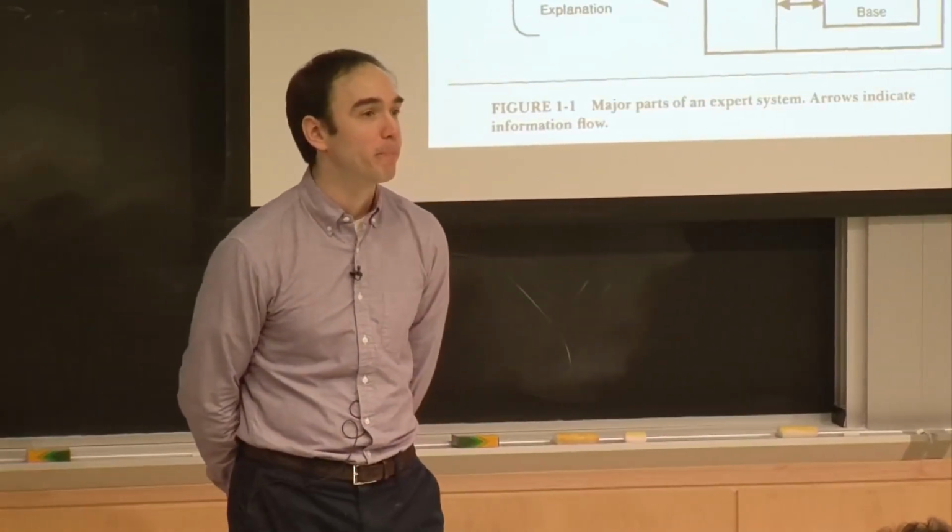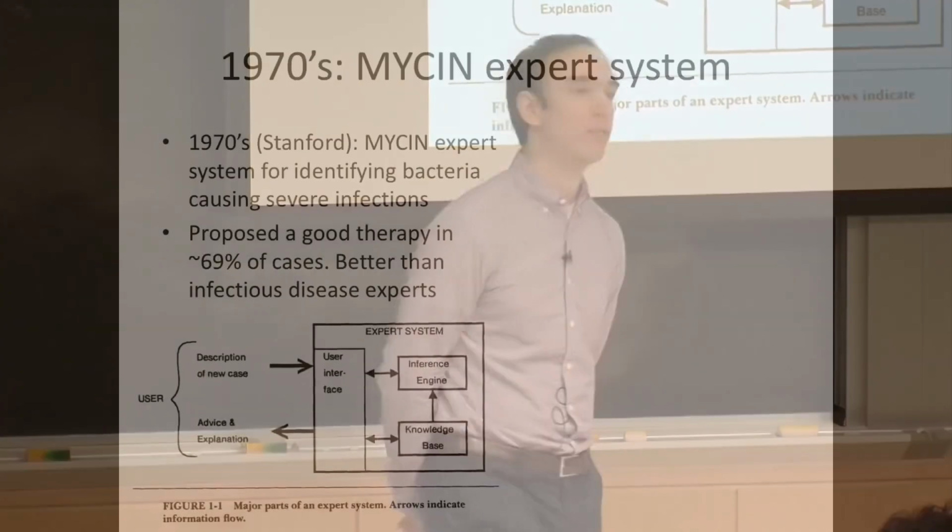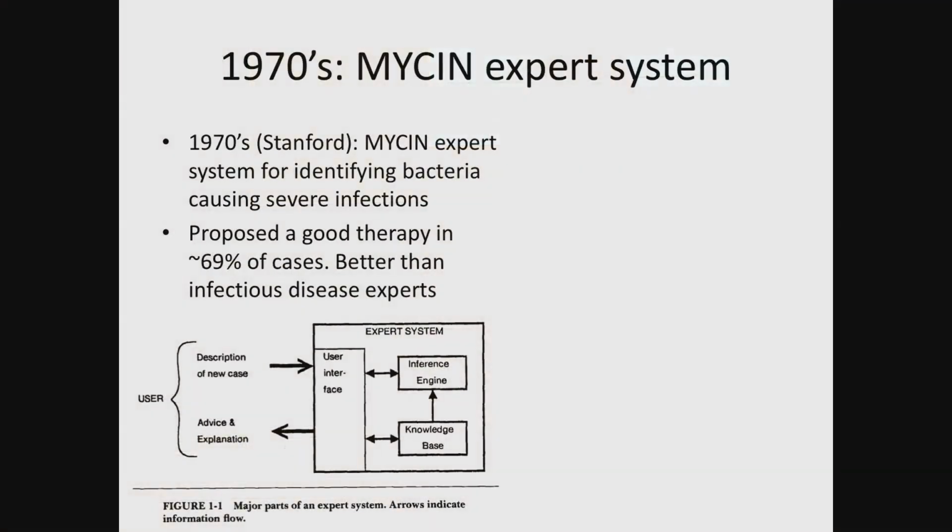So to begin, this isn't a new field. Artificial intelligence in medicine goes back to the 1970s or sometimes even the 60s. One of the earliest examples of trying to use artificial intelligence for diagnosis was the Mycin system developed at Stanford, where the goal was to try to identify bacteria that might cause infection, and then to try to guide what would be the appropriate therapy for that bacteria.